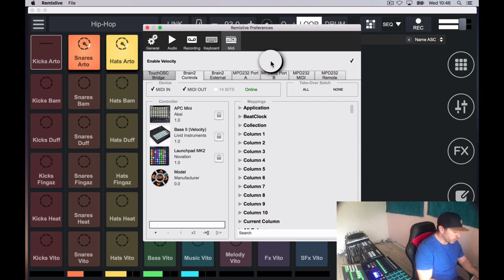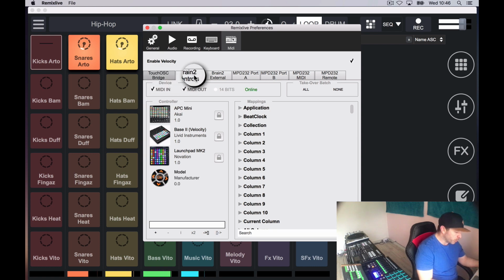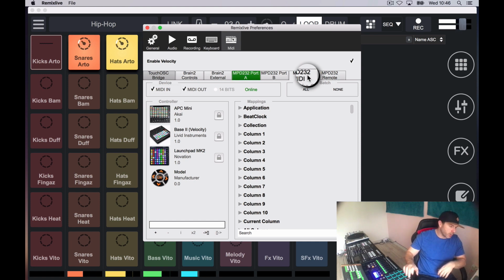It's also MIDI programmable, perfect. I can take in my TouchOSC bridge so I can use my TouchOSC on an iPad if I want. My Brain 2 is my MIDI controller that I built myself. You've got the NPD 232, port A, port B, and the MIDI coming in and using it as a remote as well. And if I tap a few pads, you can see there it is coming in on port A,